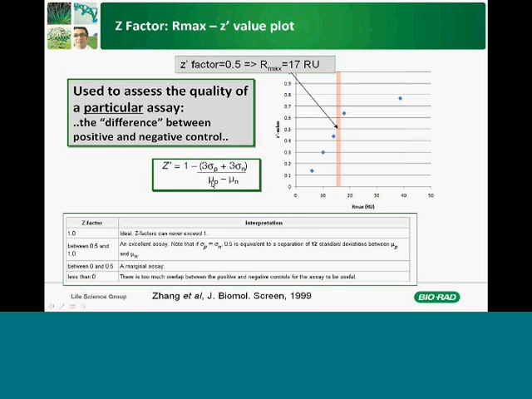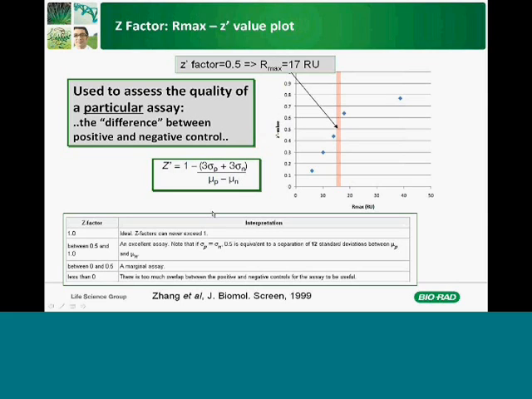So one is the average signal of the positive control and the average signal of the negative control. Negative control could be just buffer, which will tell you actually the noise of the system. And of course, the standard deviation of these signals. So you make several repetitions of a certain concentration and also buffer injection, and then you want to compare how significant is the difference between the positive control and the negative control. And you use this simple equation